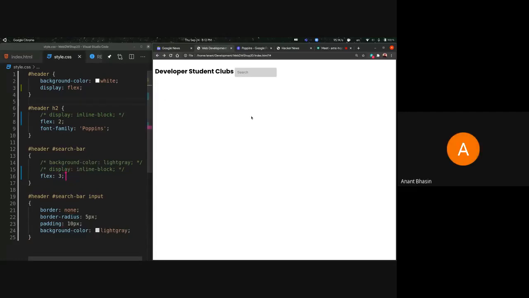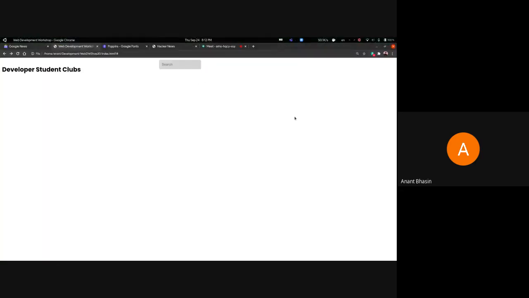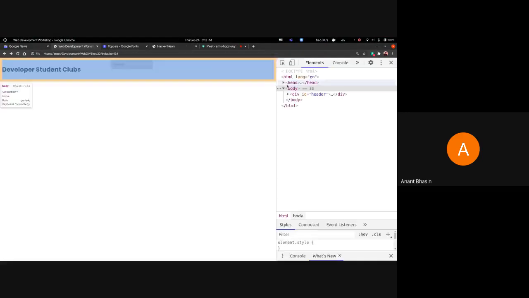So once we have that saved and I reload over here, let's first see what's there in the code. We gave the header a display flex, the h2 inside of the header a flex property of 2, and the search bar a flex property of 3. So let me just full screen the Chrome tab